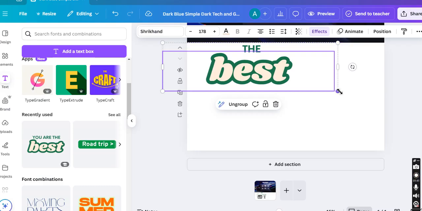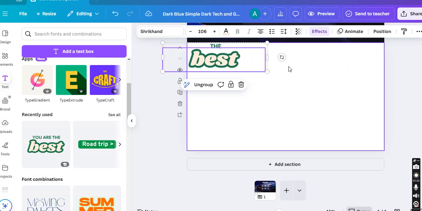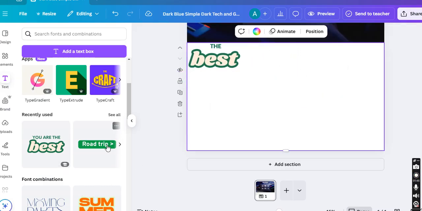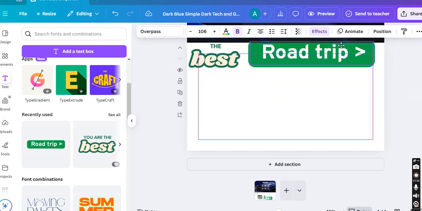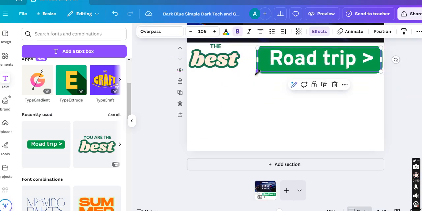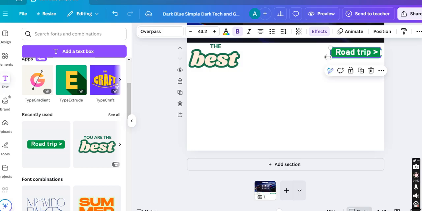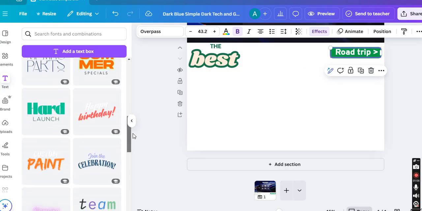Adjust the size of the text. Whatever design you have, you can select by yourself, and then